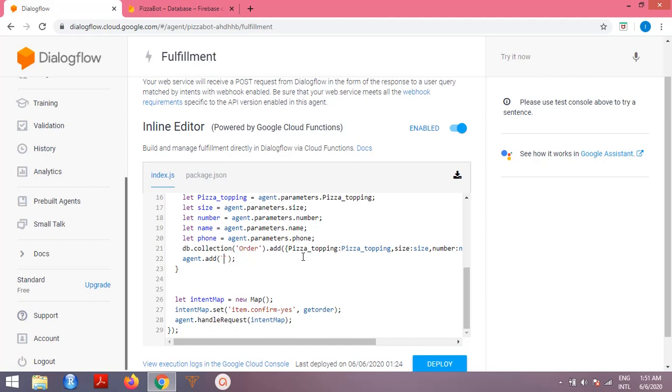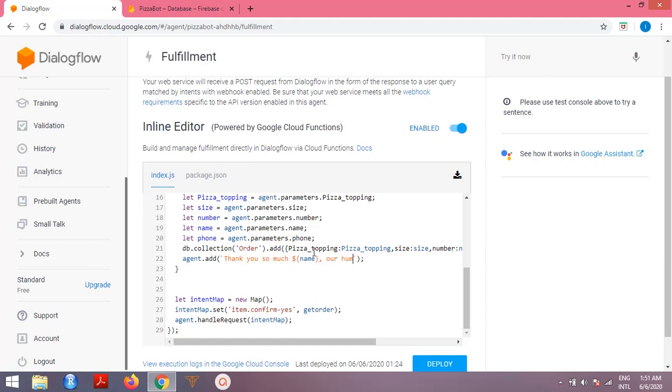So we can say thank you so much. Then we identify the person's name by using the dollar sign and using the curly brace with the name inside. Okay, thank you so much, the name of the person, comma,